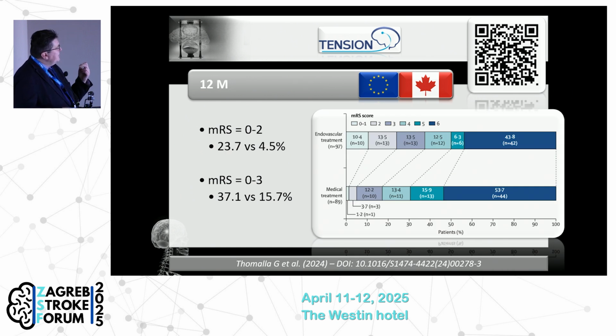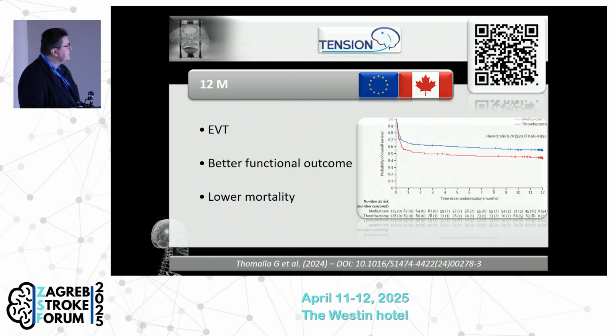And a very important part of this study we could find is that 12 months after this treatment, there is still the benefit of endovascular treatment. And what we really like is that there is not such a significant part of the patients who are totally dependent on another person, or mRS 5. So this is really important, that thanks to this treatment, we can achieve good clinical results, better functional outcome and lower mortality,